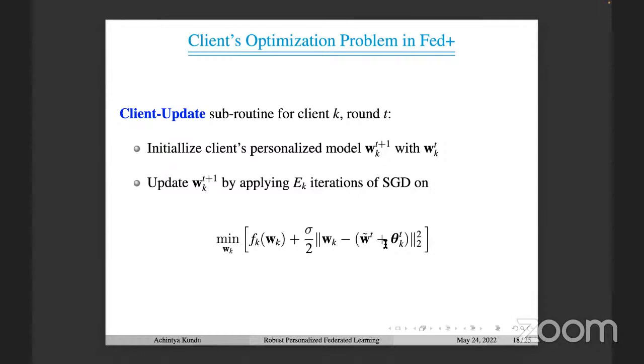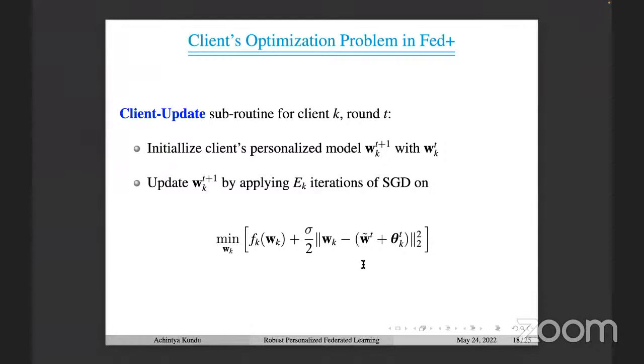And now we are free to optimize this objective based on our computational capability. Either we can do full optimization, or we can do several iterations of SGD. The number of iterations is very flexible. We have already seen in FedProx's approach that in the original approach, each one of the clients has to do a certain number of iterations. It's fixed. Here, since it's a regularized objective, each of the clients can do a variable number of iterations